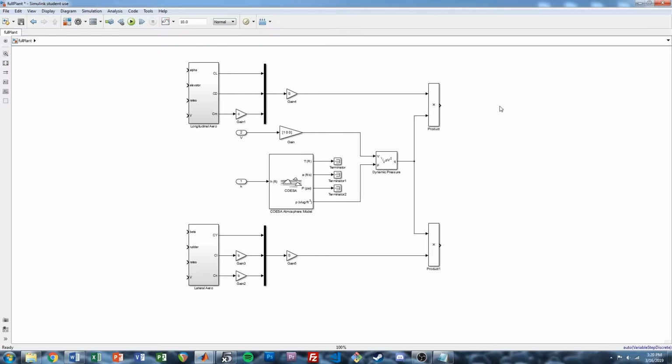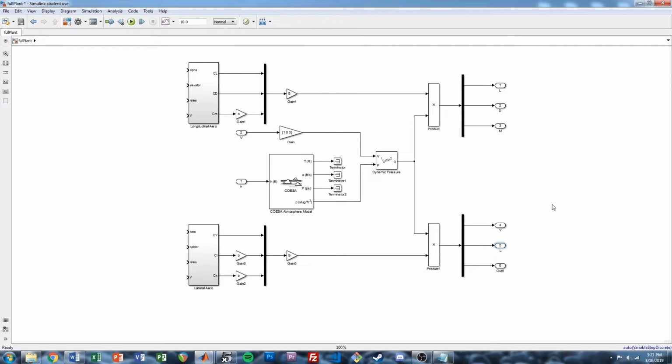And then finally, we're going to demux these so that we can output all of the individual forces and moments. So I'm going to go out one. I'm just going to come up all real quick and then rename them. Okay, so this is going to be lift, drag, pitching moment, and then side force,